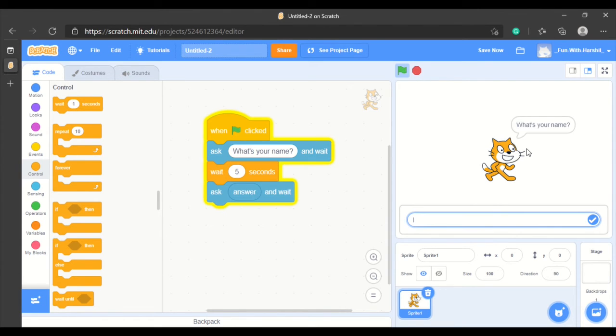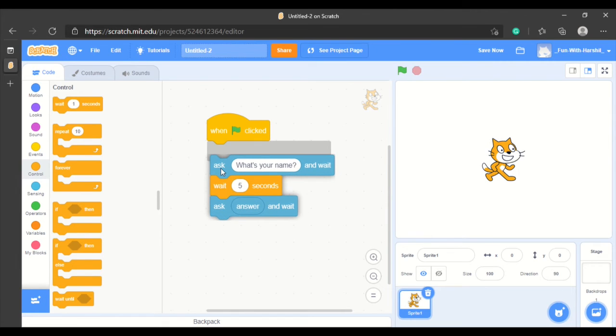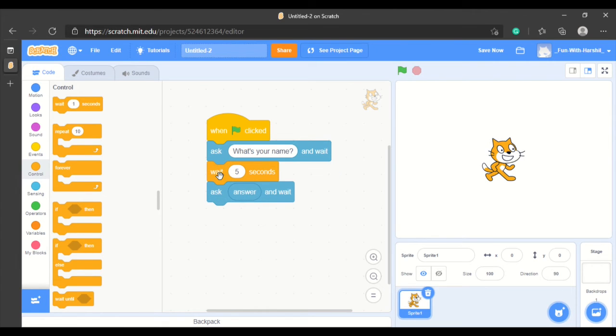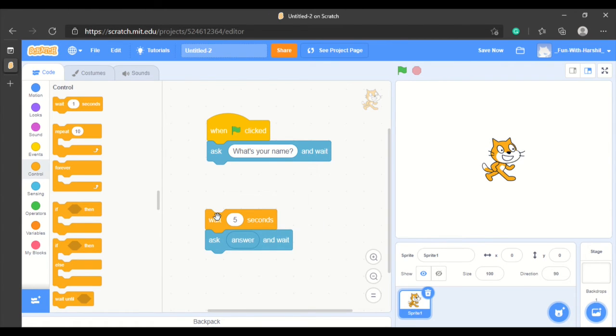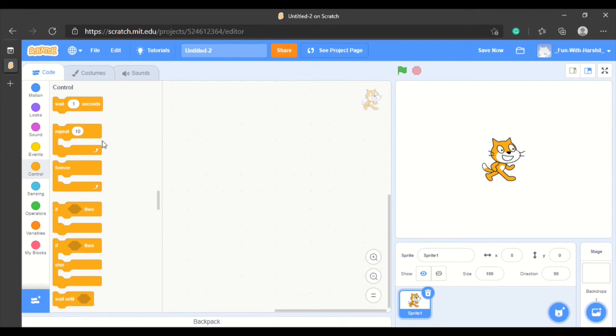Now go. See, it waited for 5 seconds, and yeah, let's do one more script. Let us drag and drop everything over here back, and then